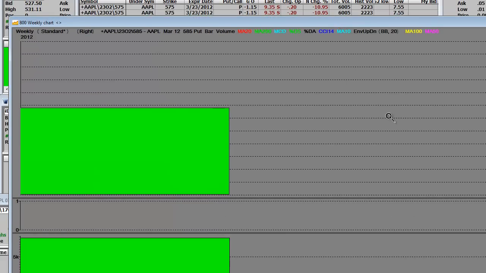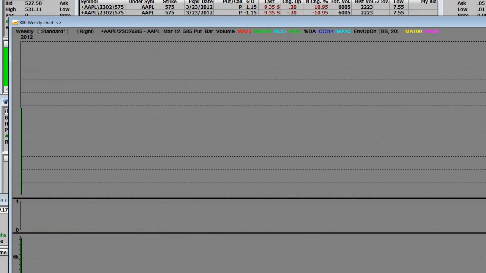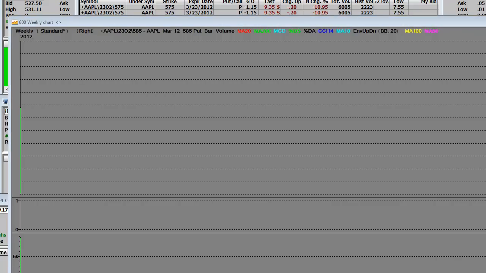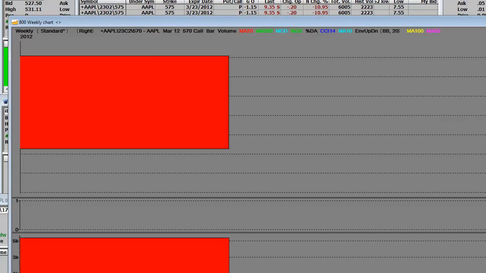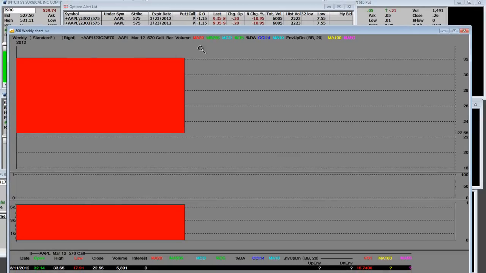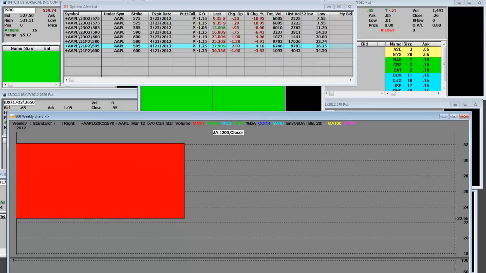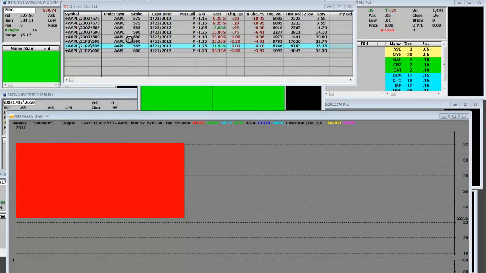And as Apple puts in its all-time highs, let's say that it comes down and gets support on Apple. We'll take a look at what was in the money on the 575 call. This is a call bar. It was up here at 32. You can see where the low was, $18 to $32 now. And we're going to monitor that because we would be buying the bull side of the call side on great pullbacks. And we'll throw that March 580 call in there.